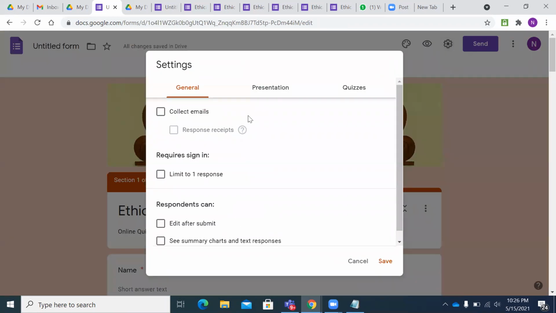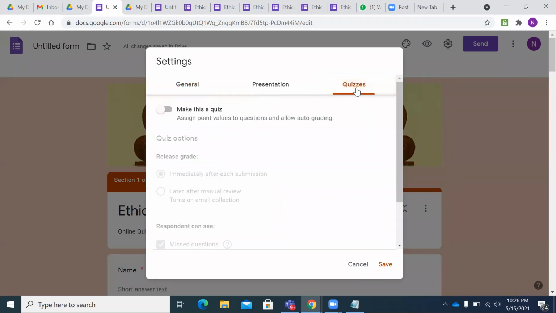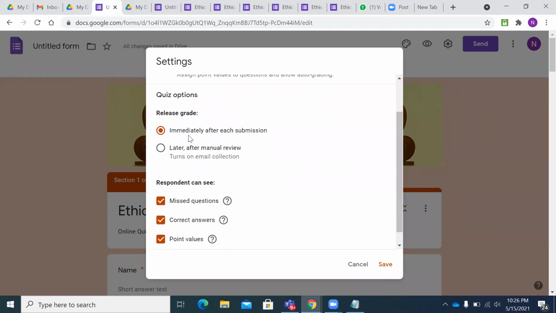Here we can view there are general, presentation and quiz. So let's click on the quiz. If you click on this, make this a quiz. After clicking this, you can see that if the student finishes the quiz, then he can immediately view the result.